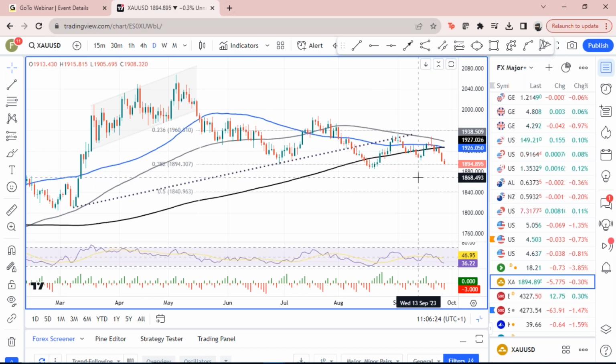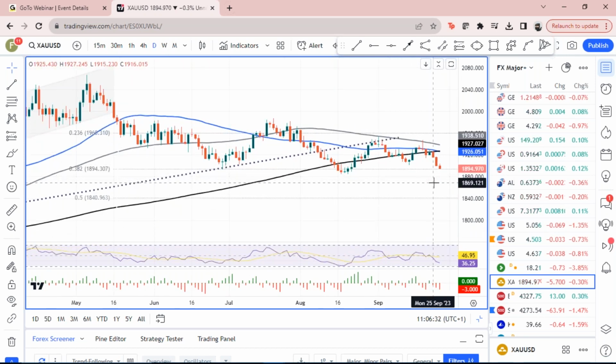Of course, rising yields and a rising dollar are really not helping gold. Although, apart from this week, before that we had seen decent performance in gold, even with the Fed, and we hadn't dropped that sharply over the last couple of weeks, even with the rising dollar. But since we've hit those multi-year highs and the year-to-date high in the dollar, gold has come off, and this is a key support level for gold.